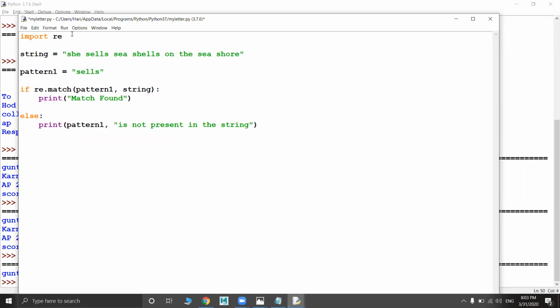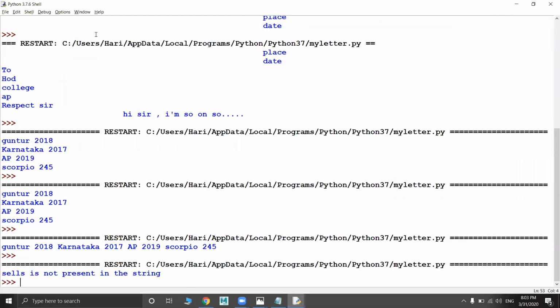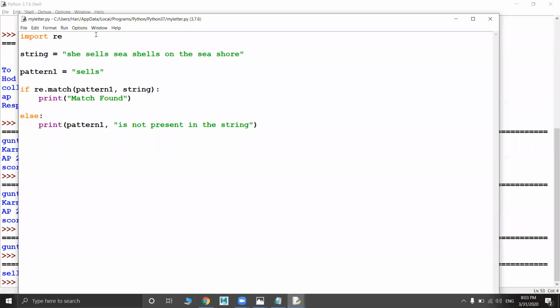See here what I am doing: I am using the match function in regular expressions to find the pattern in the string. What is my pattern 1? It is cells. In the string, you can see there is cells, right? Now I am going to execute this. What you got? Cells is not present in the string, but you have cells in the string, right?